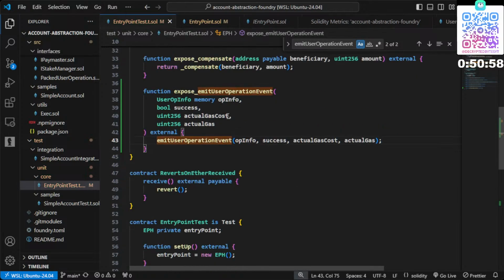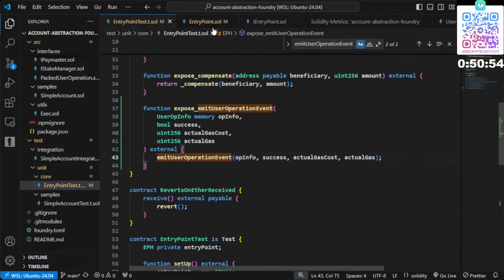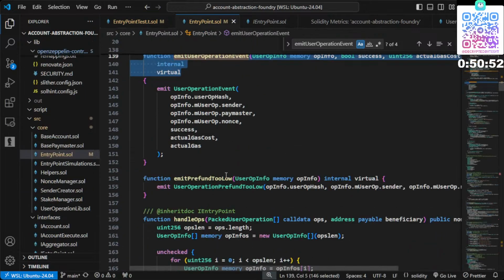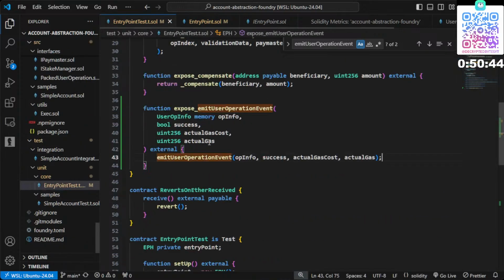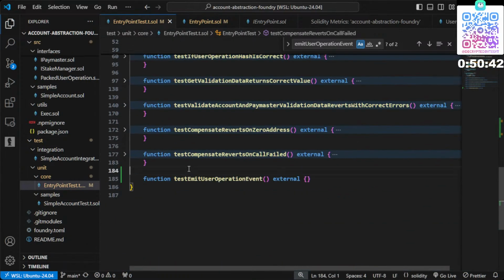Okay, so that's done. And next is this, so it also needs memory info. Let's just create,